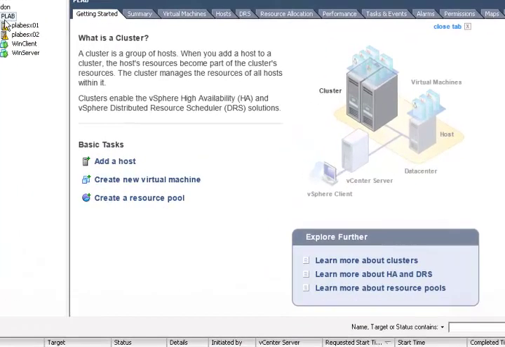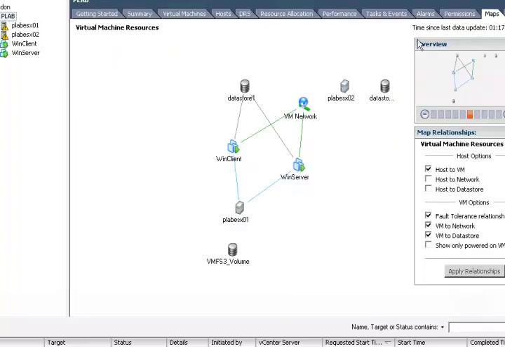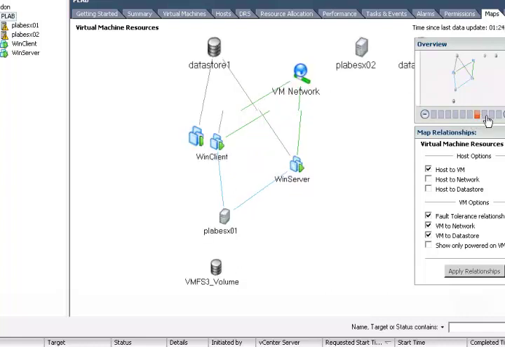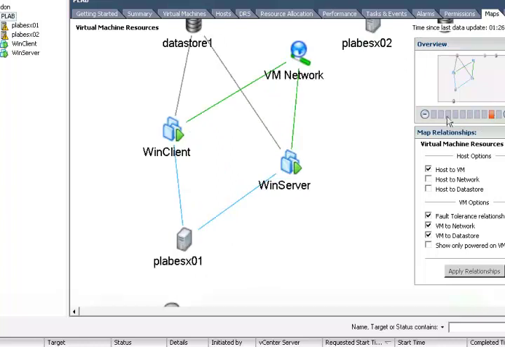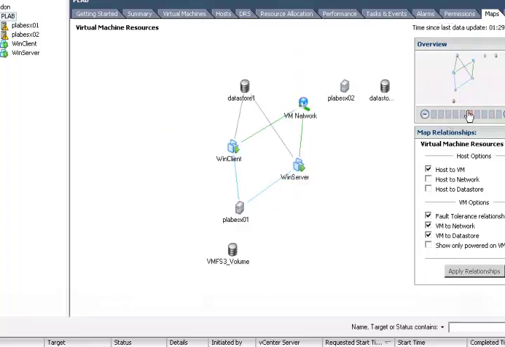On the left pane, ensure that you have PLAB selected. Then on the right pane, navigate over to the Maps tab and click that. On the Overview tab, you can change the size of the diagram by clicking on the different sizing options. Notice on the virtual machine resources, host to VM is checked by default. To view a different map, you can uncheck host to VM